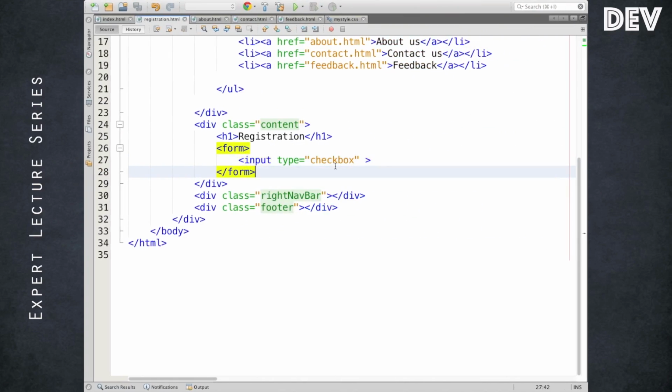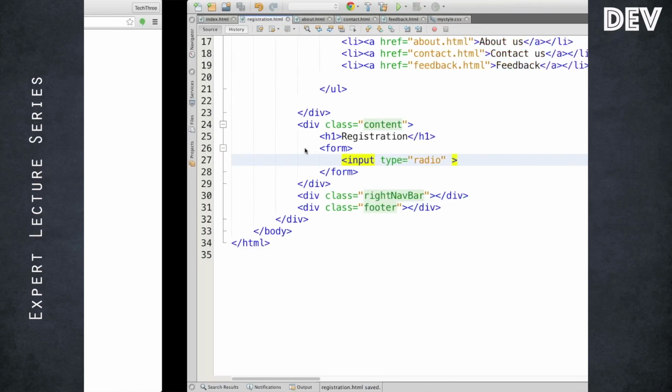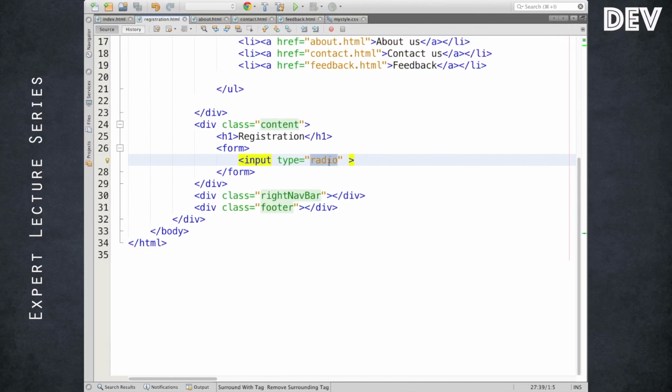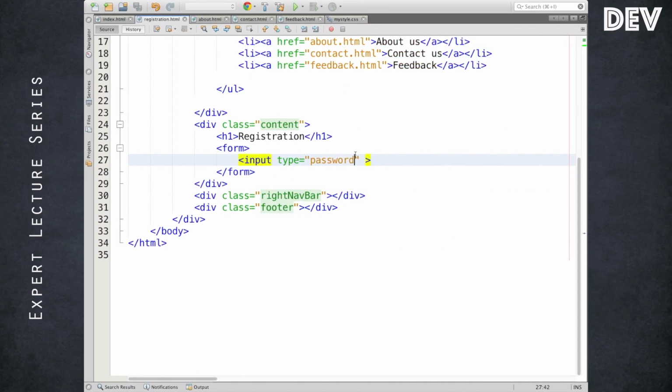The type attribute can also make it a radio button. And the password type will make it a secured input field, so as I enter, the user won't see it. So depending on the type attribute value, the input field changes its design.